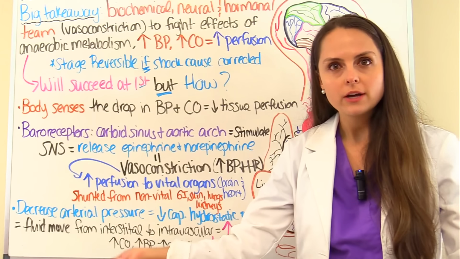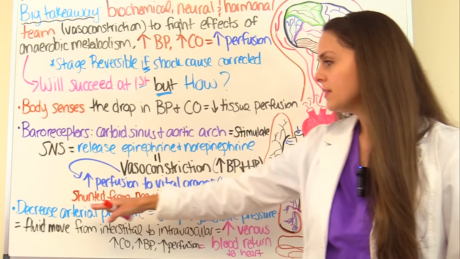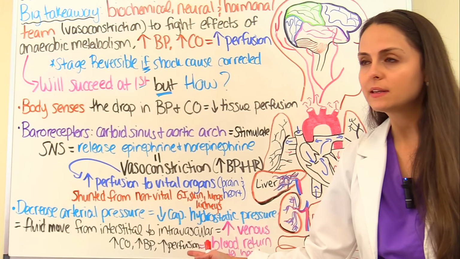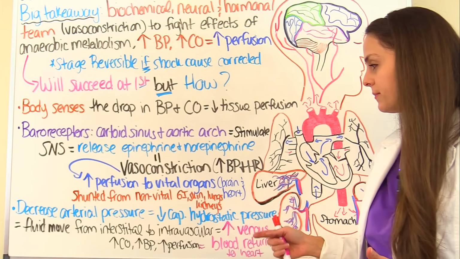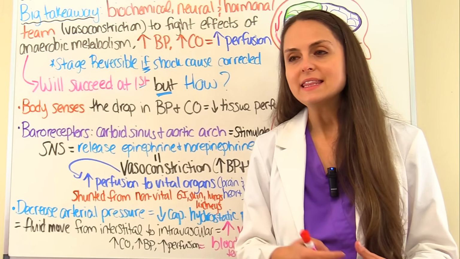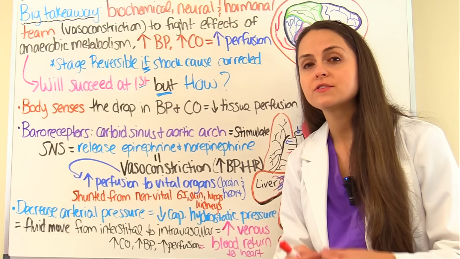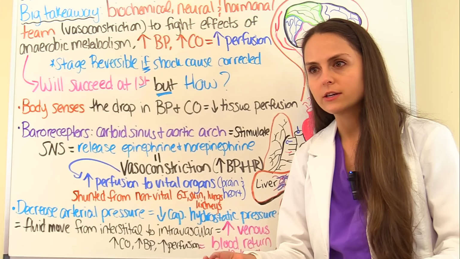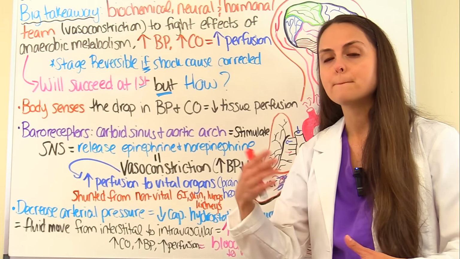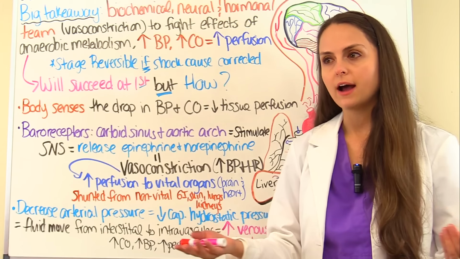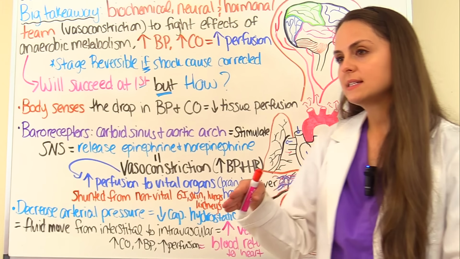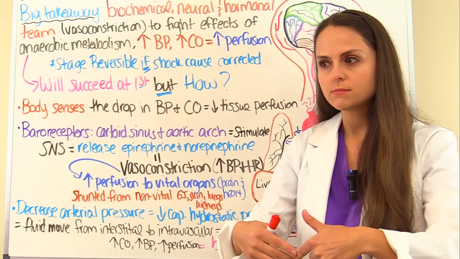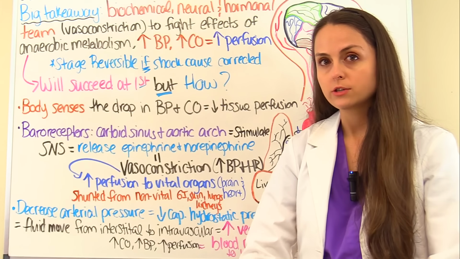Now, in addition, because we have the drop in blood pressure and cardiac output, we're going to have decreased arterial pressure, of course. That means whenever we have a decrease in arterial pressure, we have a decrease in capillary hydrostatic pressure. Now, what is this fancy word? This is just the amount of pressure that the blood exerts on the capillary wall. So if we have a drop in blood pressure, we have a drop in pressure that blood is exerting on that capillary wall, right? So whenever that happens, the body says, hey, we need to get more fluid into that intravascular system because we have a drop in the blood pressure in there.